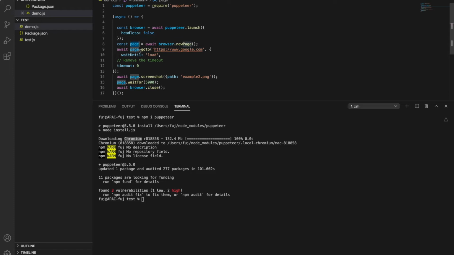So this is what page looks like. To open a URL you just have to pass page.goto. When you write await page.goto, for those who are familiar with JavaScript, await means wait till the previous step completes. So now I am doing page.goto and Google.